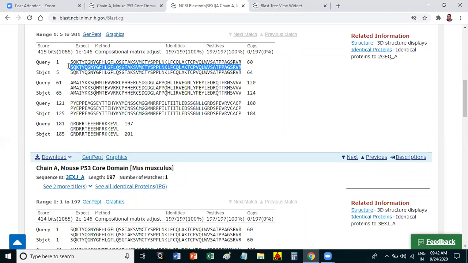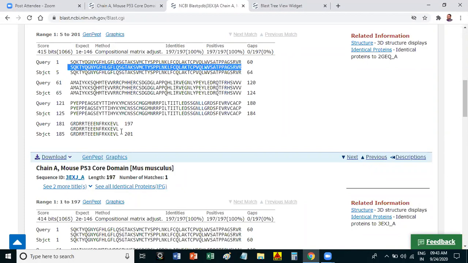So we can tell that if the query sequence has similarity with your subject, then your query may have a structure like the structure of your subject. That will be done by your Geno3D or Swiss Model programs.